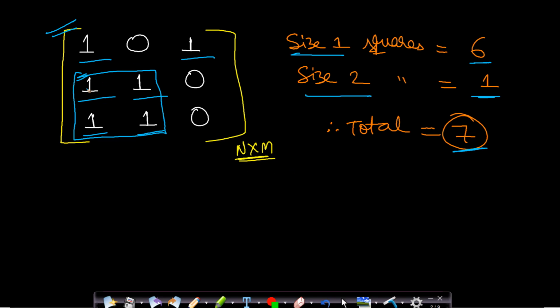So in this problem we will be given an n by m matrix and we are required to find the total number of square matrices such that all ones are contained inside the matrix. In this case you can see that there is no size 3 square matrix having all ones inside it. So how do we solve this problem? Well, I will show you two methods in order to solve this.